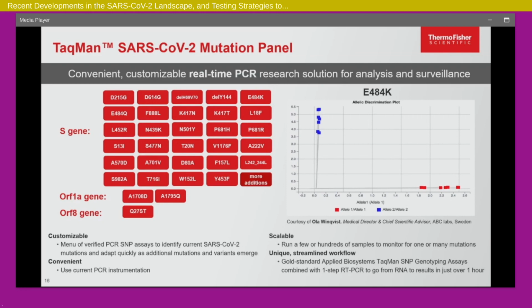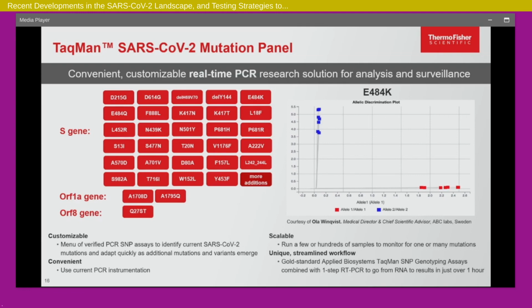The advantage of this system is that we obviously keep adding to this menu, but you can adapt it very quickly based on which strains are prevalent in your region. There's a website called outbreak.info, and you can go to that web page, and it tells you the prevalence of strains. It comes from the Scripps Institute for the last 60 days in your region. It also has a nice way of putting in all the variants of concern, and any other strains that you want to add in there. And it tells you all the mutations.